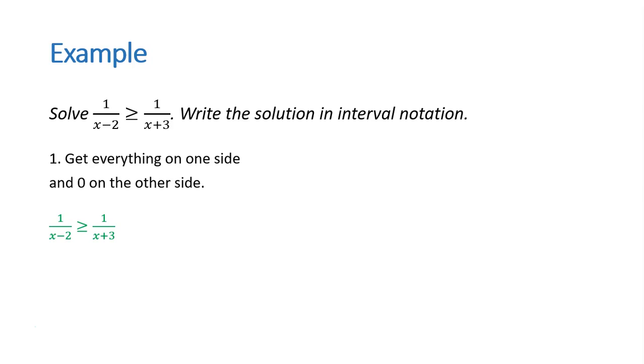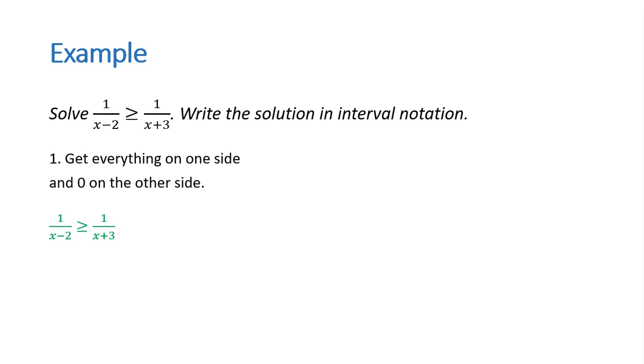The problem with trying something like that is, how do we know what sign x plus 3 is? If you remember, one thing that's unique about inequalities is if we're multiplying or dividing by a negative, we have to flip the inequality sign. Well, depending on the value of x, x plus 3 could be positive, or x plus 3 could be negative. Unfortunately, without any additional information about x, we don't know which situation we're in, and depending on how x varies, we're in one situation versus the other. So multiplying by x plus 3 is not a good option because we don't know what to do with the